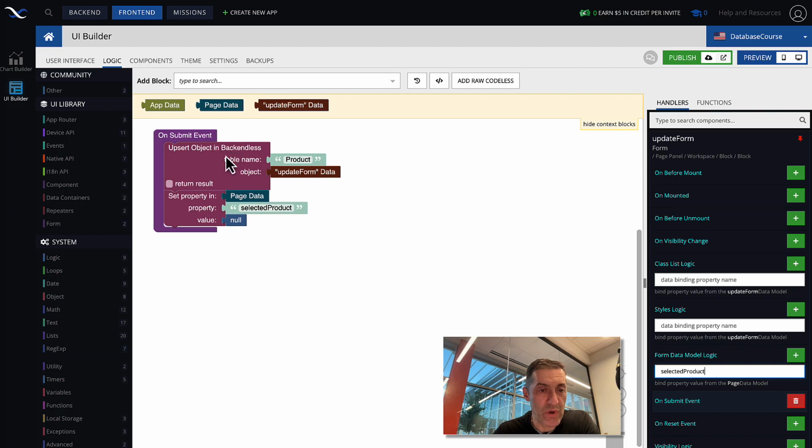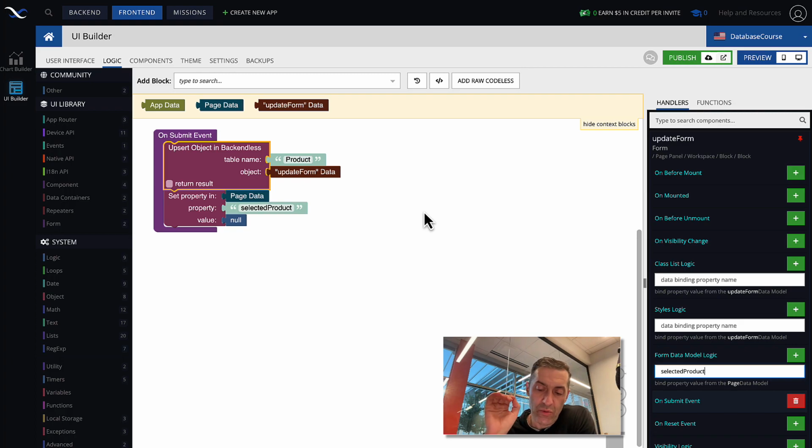What happens is we use this block, and this is the block that actually performs object update in Backendless. Since the object that we're manipulating comes directly from the database, it already has object ID. So we don't need to do anything about populating object ID. It is there. And then whenever individual fields in the form are updated, so the user enters new value, it directly through data binding, again, modifies this underlying object that sits in the data model of the form.